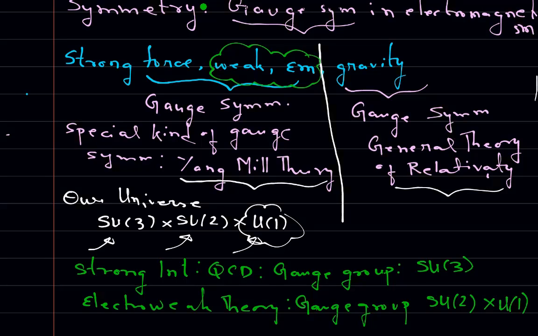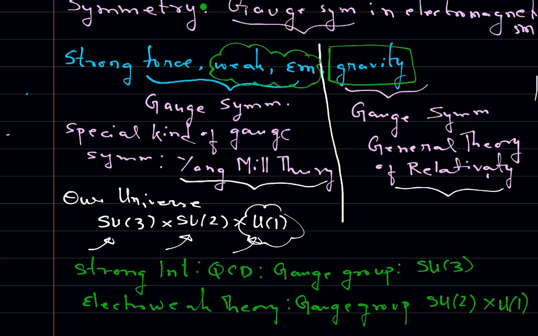So I don't have to talk about weak interactions and electromagnetism separately; I'm talking about both of them in a unified manner. The idea is, can we unify all these forces? Gravity is creating a big issue because it is completely different. The theory that describes gravity is very different from the theory that describes strong, weak, and electromagnetism. That's the whole idea of quantum gravity: can we quantize gravity, and then join it with the other quantized theories?